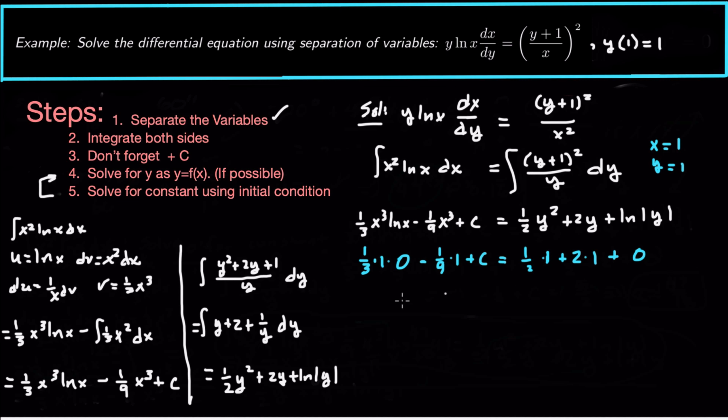All right, so now this is going to be negative 1/9 plus c equals 1/2 plus 2. That's going to tell me, if I solve for c, c will be